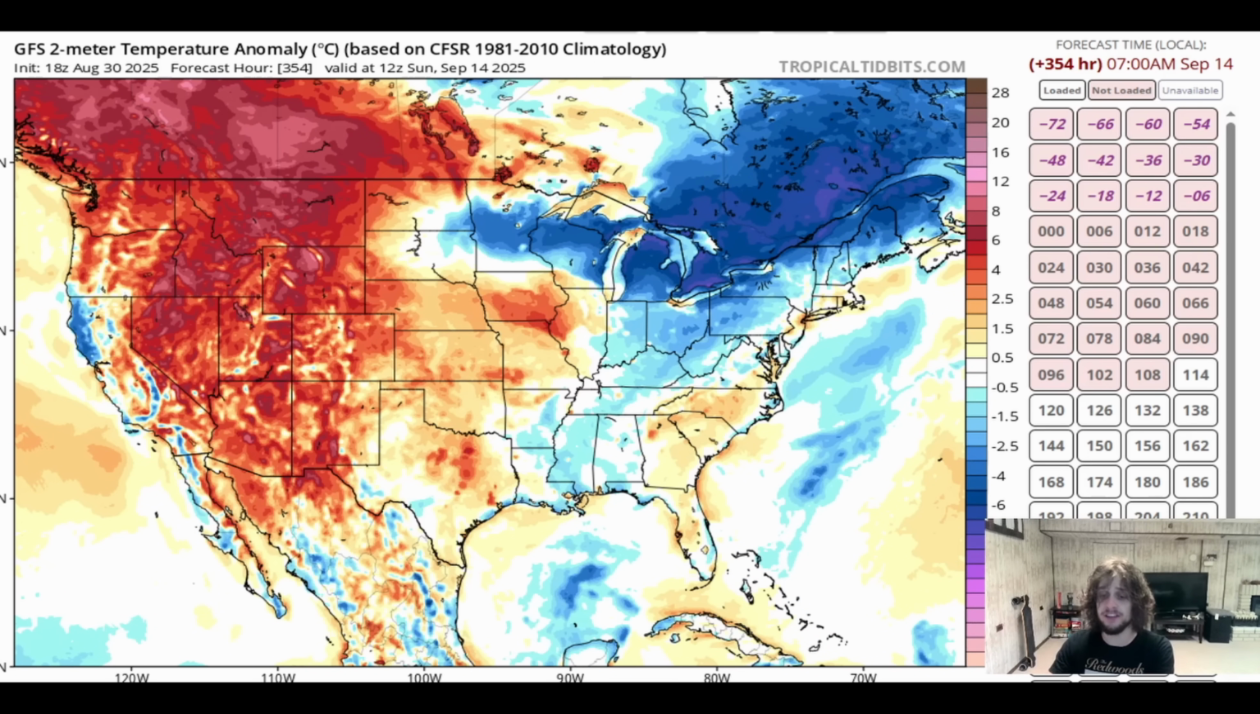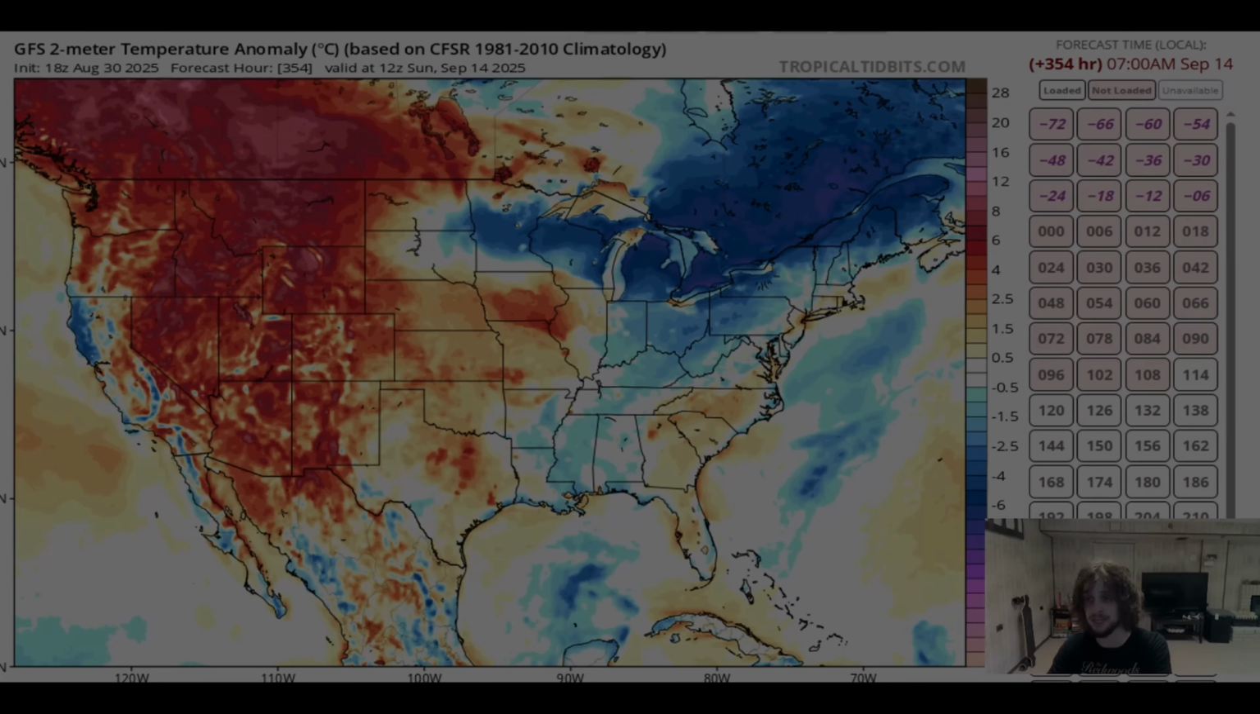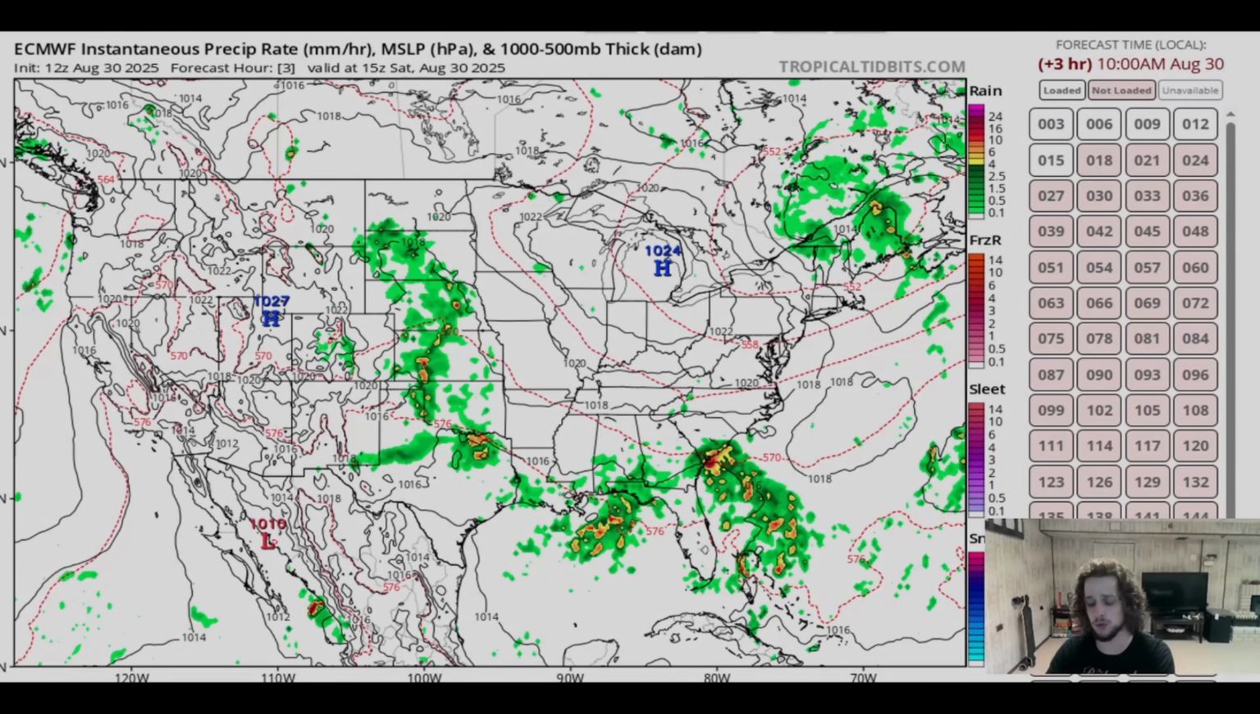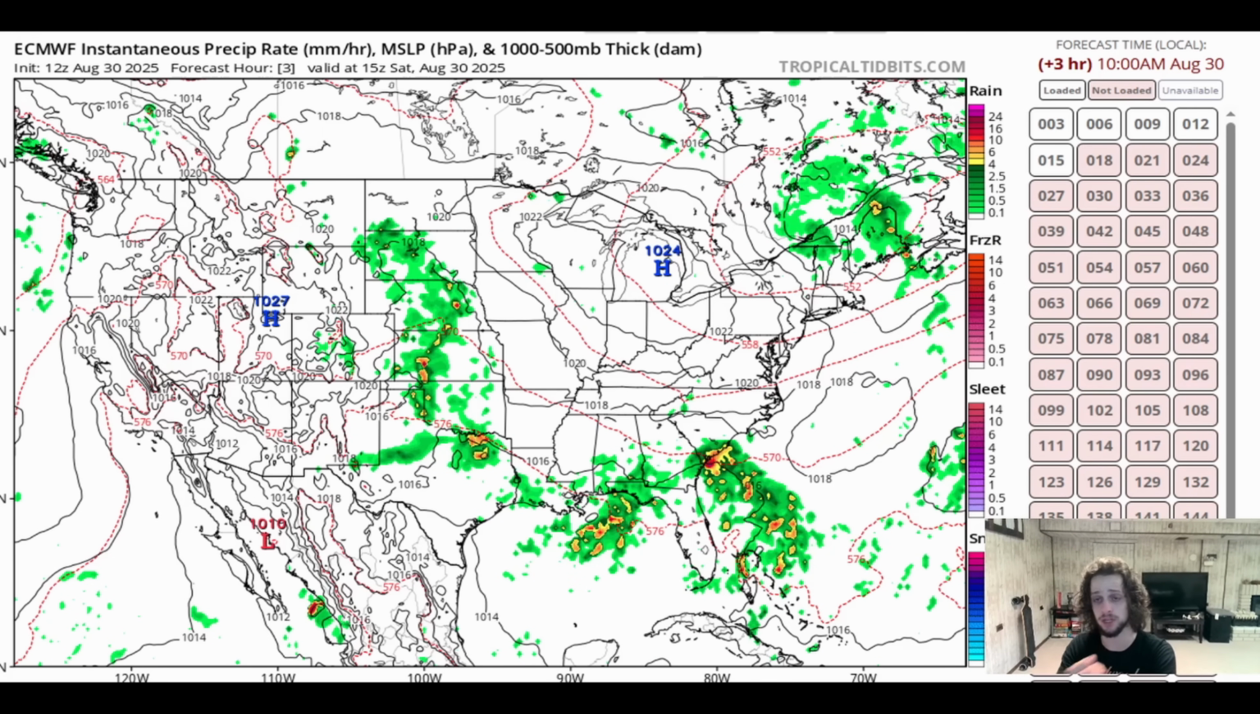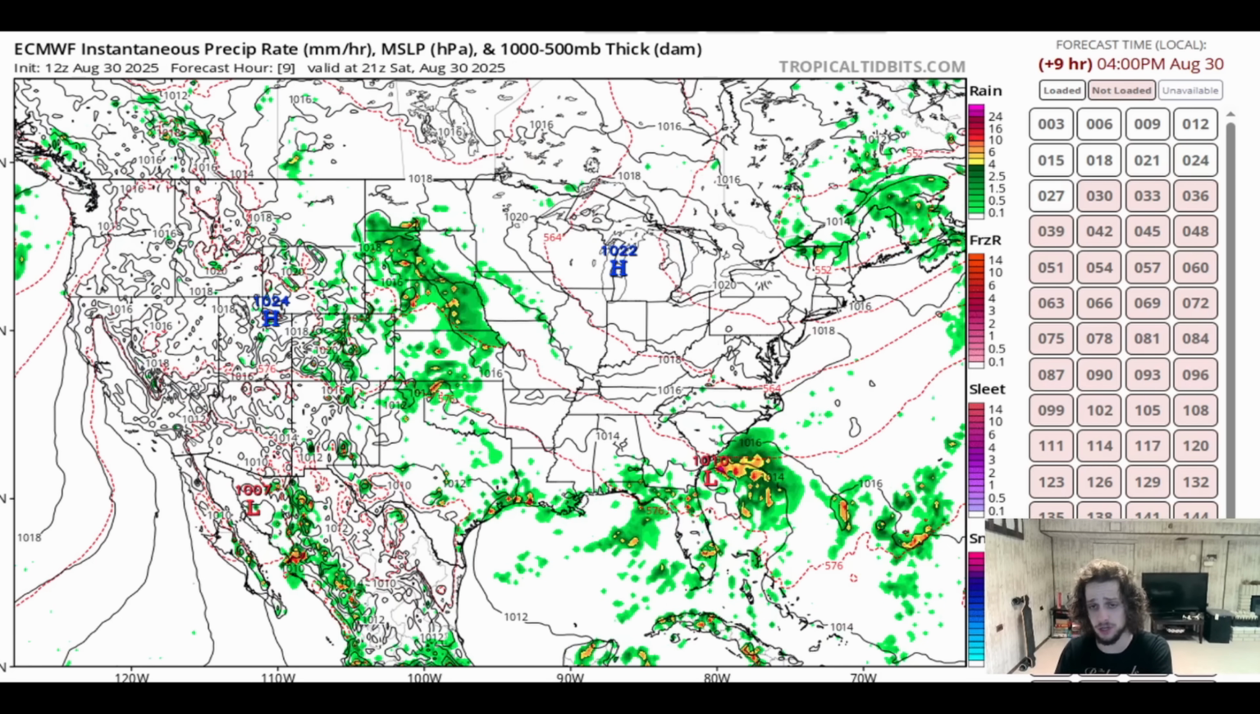Now, this is going to be different from what the European shows in some senses. For the European model, I'll quickly go through the precipitation and outlook of the storm itself, and then go into the temperature anomaly of the European model. Right now, the European and the GFS are both showing that in the short term we will be dealing